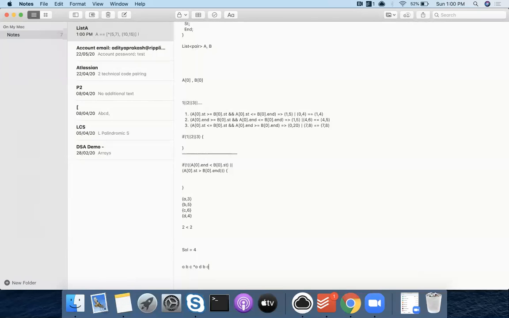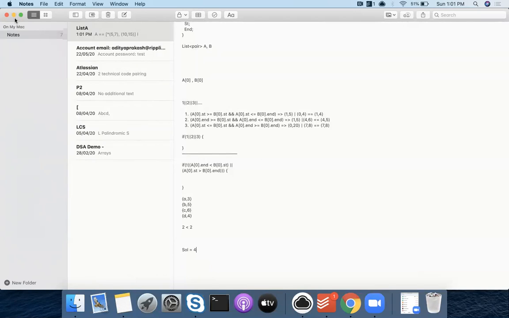And now that's it. Your algorithm gets over because your iterator has reached the end of the string. So now you have considered all possibilities and your answer is 4. Now I think this is clear. Let's take one small example before we stop. A, B, let's try this. Yeah, I think that was a good example. I think we covered all the cases.